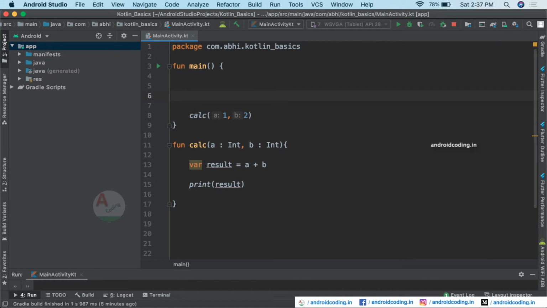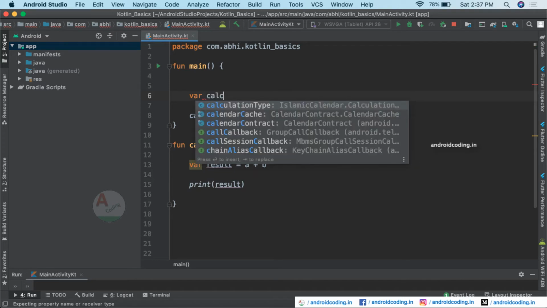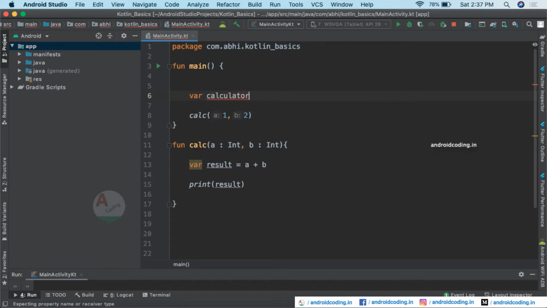This is a general scenario we have seen previously. Now, how do we convert this function into a lambda expression based function? We declare a variable here. I will name it calculator, because we already have calc as a method.